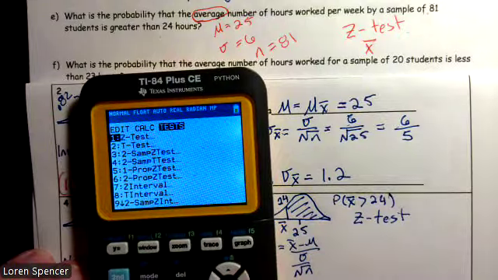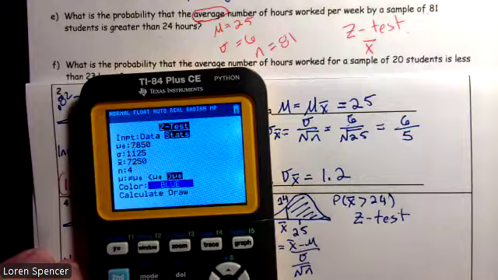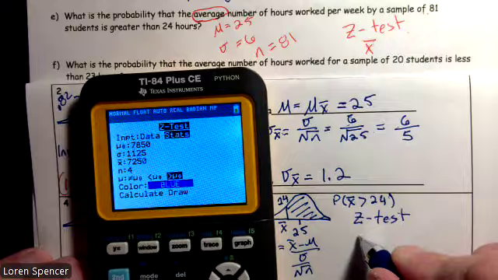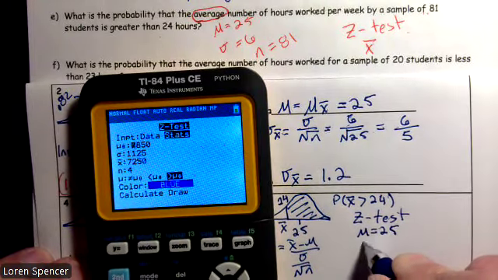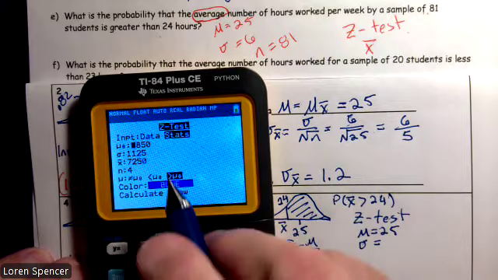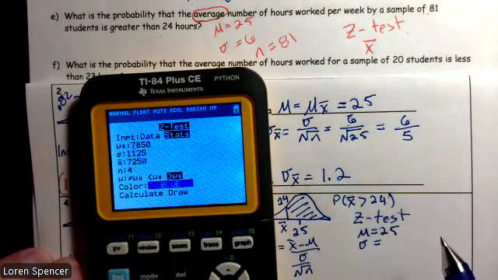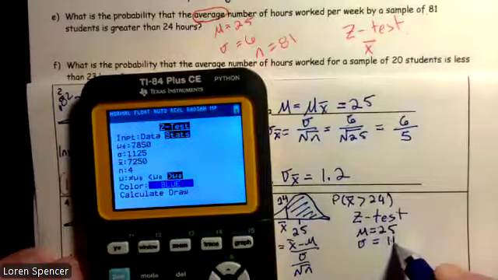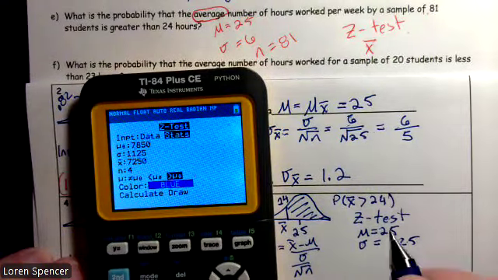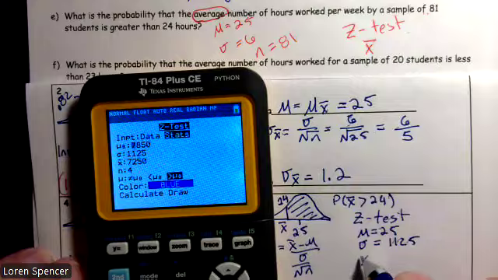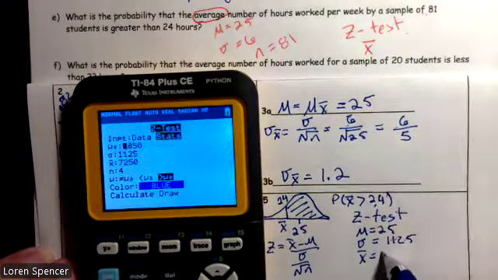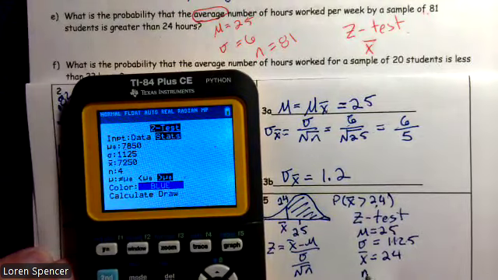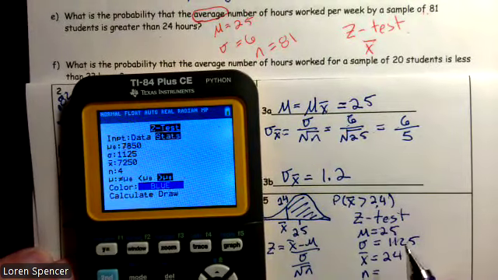Stat, test, z-test. Well, the first thing it asked for is the mean. Okay, well, that's easy. The mean was 25. The next thing it asked for is the standard deviation. Well, that's easy. The standard deviation is 11.25. The next thing it asked for is X bar. Well, we just said X bar was 24, and that's what we showed on the graph. And then it asked for our sample size, and our sample size is,